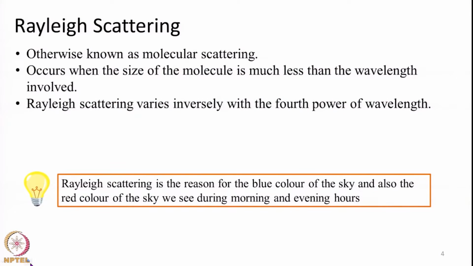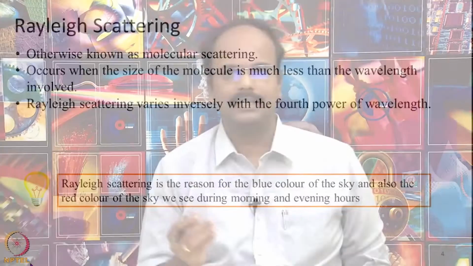So, what are these three types of scattering? First, we will start with Rayleigh scattering. Rayleigh scattering is also known as molecular scattering. As the name suggests, this scattering occurs due to tiny gas molecules present within the atmosphere. It occurs when the size of the molecules is much less than the wavelength involved. That is, say